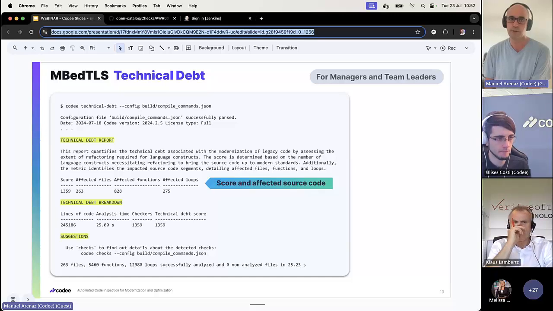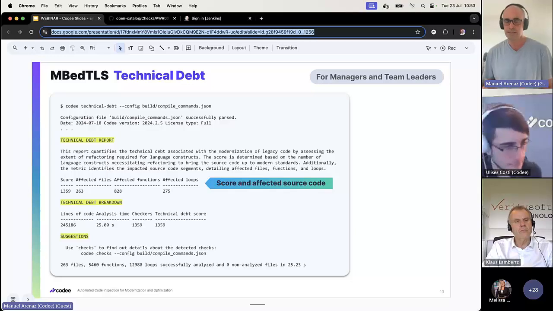So let me go quickly through the sequence of Codee command line invocations that you will later see in the demonstration conducted by my colleague Ulysses. We have standardized the workflow, or the sequence of commands, that you will need to run using Codee. Our suggestion is that you start by running the Codee technical debt report. The technical debt report will provide you one single number, the technical debt score,